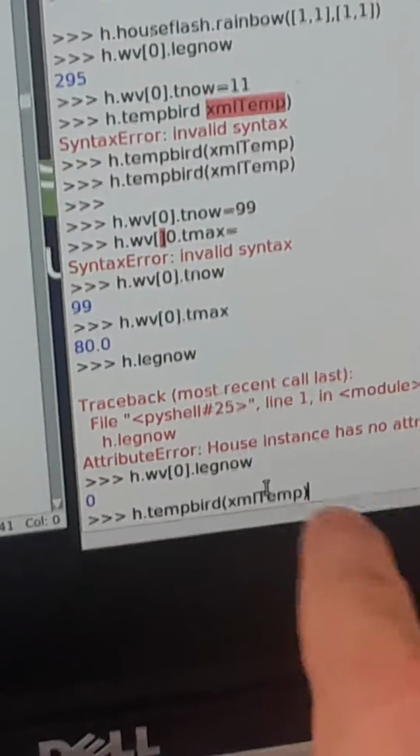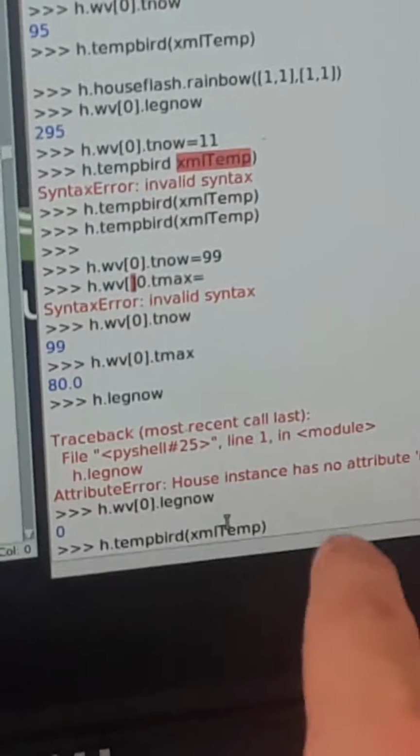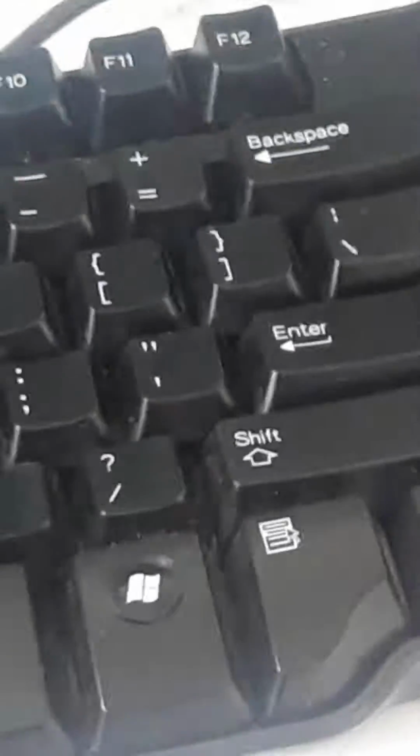So you can see in this shell right here, there's a command waiting to be executed. You know it's waiting because the cursor is blinking, and it's the last line in the shell. And I'm gonna press enter to do it. And what I think is gonna happen, but don't know,